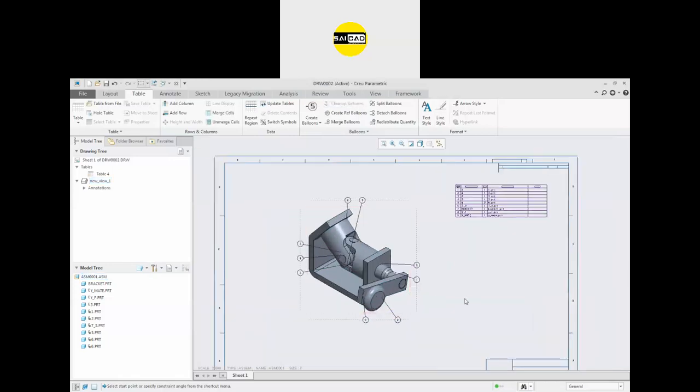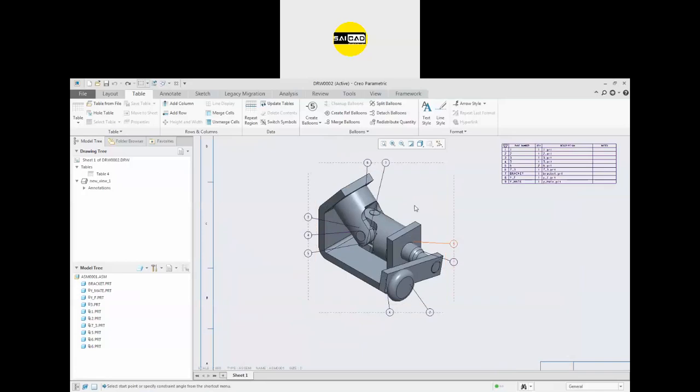These lines will be called the magnetic line. Okay, if you move the line, your balloon will also be moved outside. You can see that there was some offset distance of 0.8, so all the sides are offset with the value of 0.8. So in this way you can create some balloons. You can move a balloon from one line to another like that.